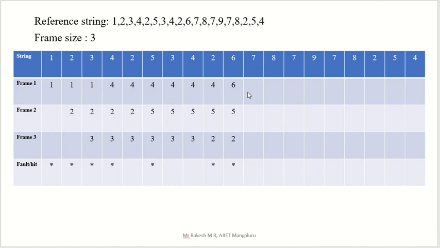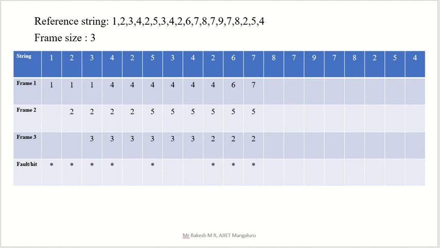Then 7, is there an entry? No, we have to replace in 6, 5, 2. After 7 we have to compare. 6 is not there, 5 is here, 2 is here. So easily we can replace 6. Change 6 to 7 and keep the rest as it is. This is also a page fault, because 7 was not there. If there is any replacement, directly put a fault. If there is no replacement, keep it as it is, then put a tick mark or keep it blank. That is a page hit.